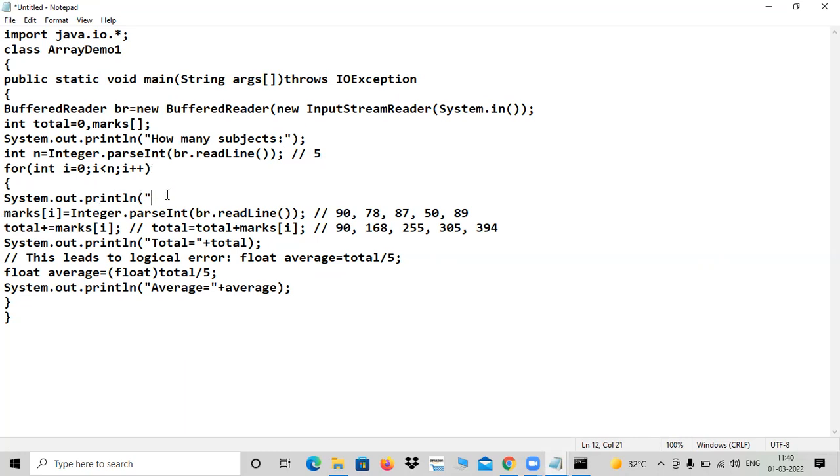Now the question is going to be, what are the marks? Immediately the machine should ask you, enter marks. So from the keyboard you are going to enter. First one is 90. ReadLine reads only strings, we have done that before. So 90 will be read as a string, converted into integer and put in